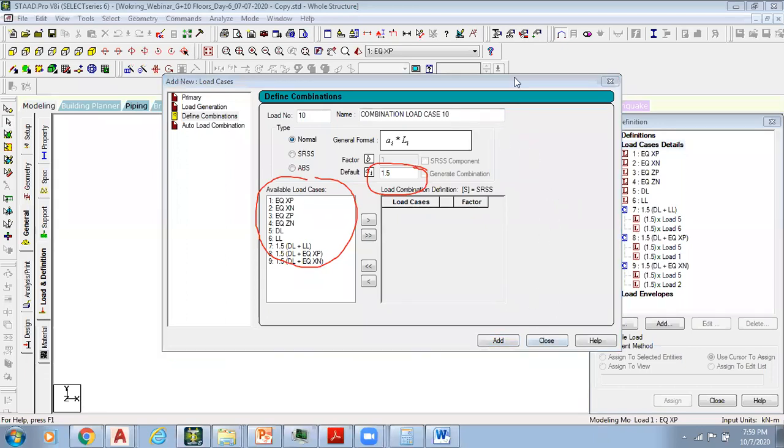So this is a conventional procedure, but consider when I have 10 primary cases, like 4 seismic directions, 4 wind directions, and dead plus live, 4 plus 4 plus 2, 10. If I have 10 primary cases, then I have to make at least 25 combinations limit of strength and then 17 combinations limit of serviceability. So 25 plus 17 combinations we have to add to the structure whenever we design it,